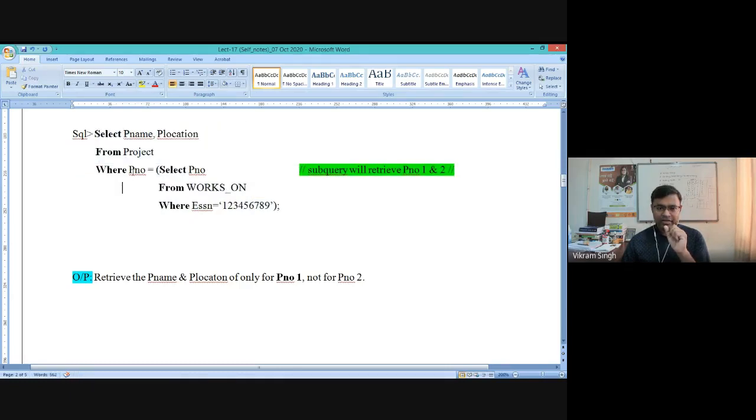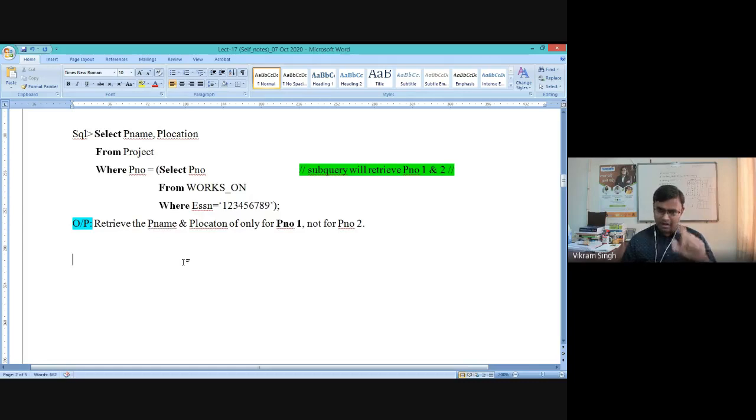Now we are comparing these values 1 and 2 with the outer query. In the outer query, there is a condition on project number. So we are comparing this project number value with 1 and 2, right? That's the impression. Now, if you run it, it will not give you the project name and project location of both project number 1 and 2. Why? The reason is this comparison operator.